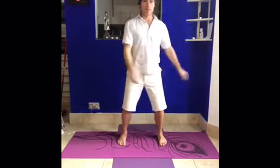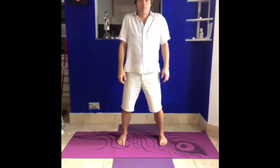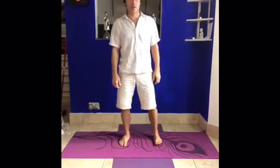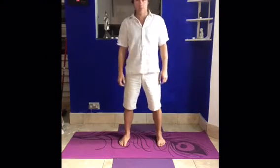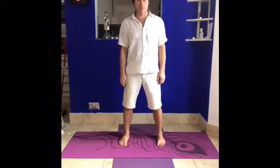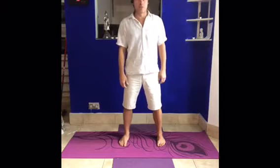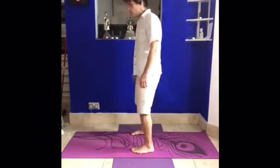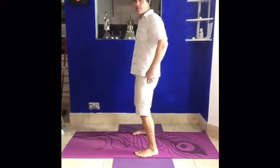So just coming to a standing position and starting to just mobilize the shoulders. So just a little squeeze up the shoulders and then drop down. Squeeze up and down. So obviously starting very lightly and remembering that yoga or movement exercises are no replacement for qualified medical help, and any yoga or movement instruction should never replace qualified medical help. It should only be a supplement, and even then only when it's recommended, or certainly not